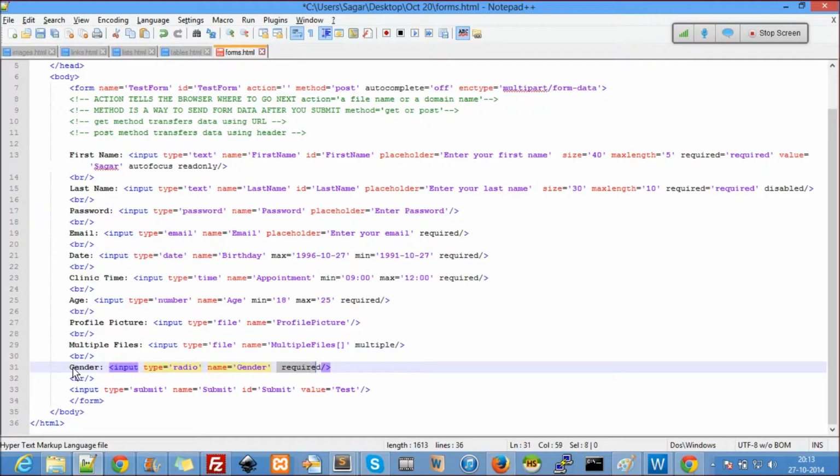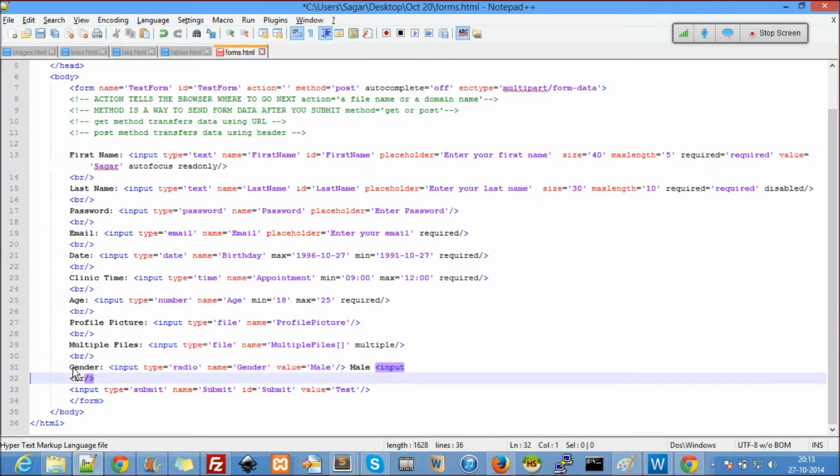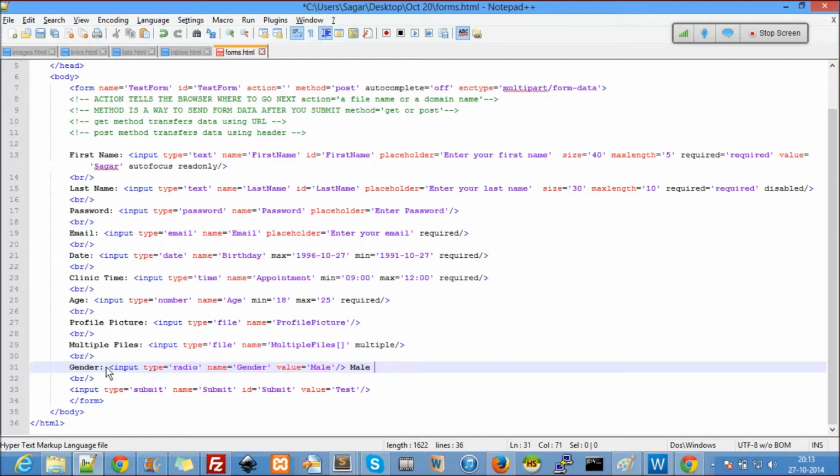No need of required, but a radio button will always have a value. Now I want to have another gender here. Input. Let me just copy the other part. Female. They should have the same name because they are under the same group.